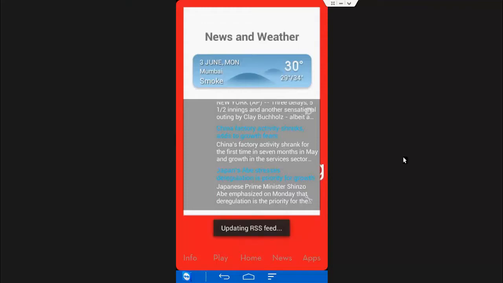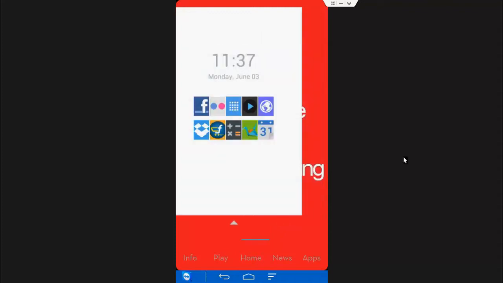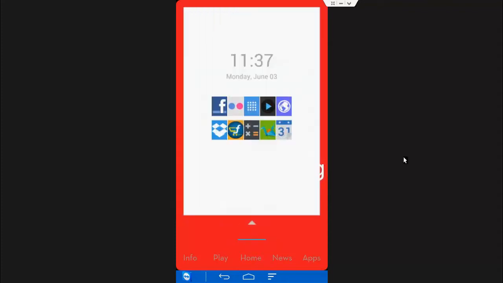It says updating feed. So this is how news and weather looks like. Here comes the images too. As I said, you can add your reader that you like. Flipboard, Feedly, Google Currents, anything you like. Now moving on,